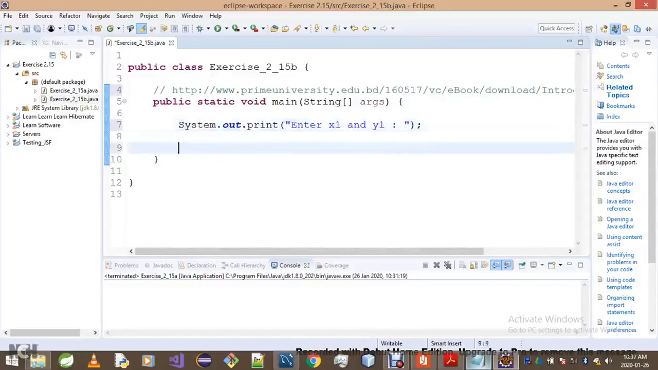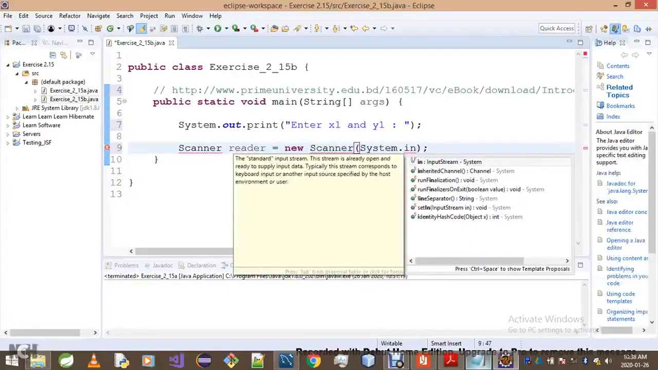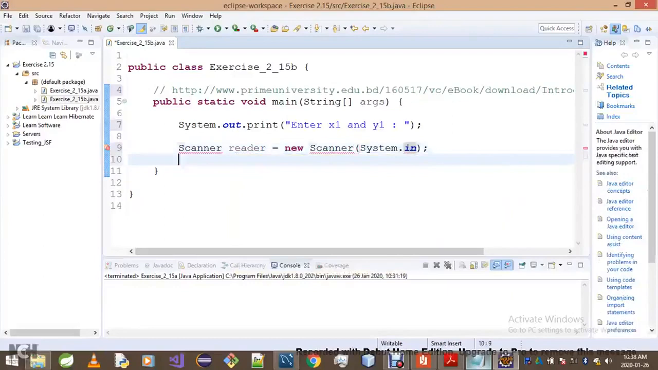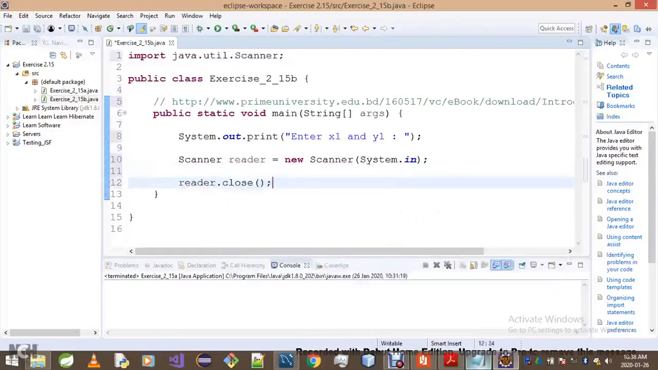What we then do is create a scanner, call it reader, of course reading from the keyboard. It's not System.ins. What the heck is that? System.ins doesn't exist. We only have System.in. With this out of the way,